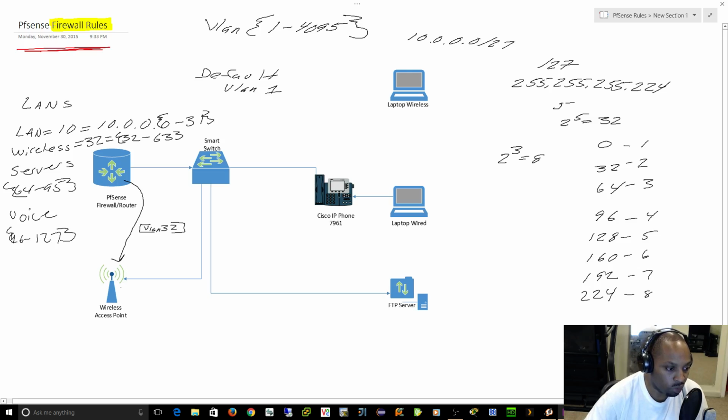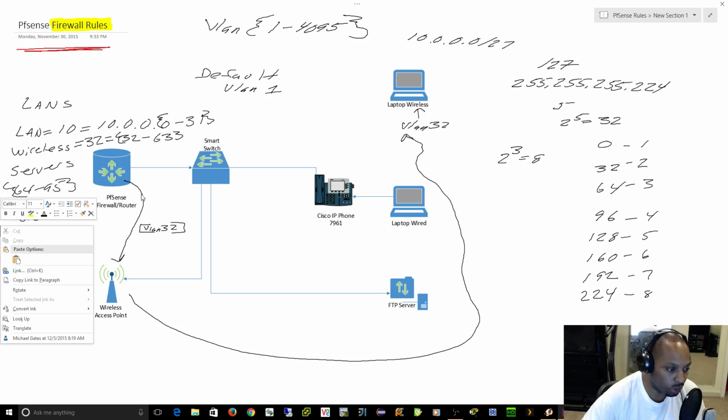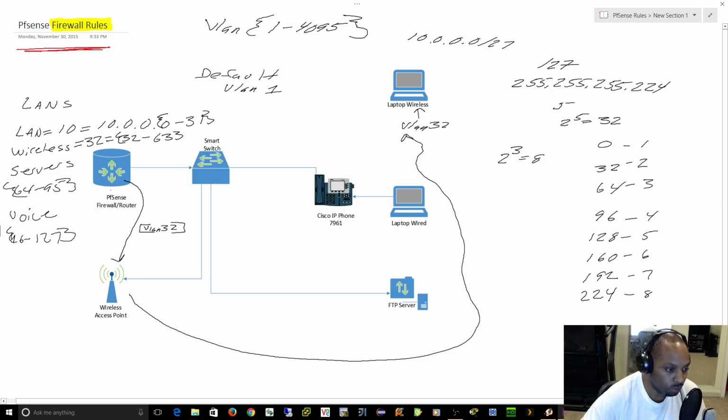And if this wireless router sends that traffic to this computer with a VLAN tag on it, the computer will drop it. Most end devices will ignore traffic that has a VLAN tag on it. So what you need is some type of operating system, probably DDWRT, where you could say traffic coming in on